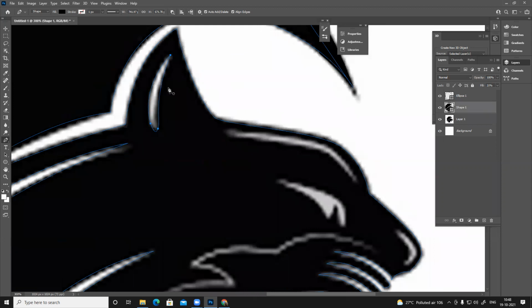A different layer also, you can just simply fill white. Either you can have one layer, cut out everything, keep one selection, or you can have a separate layer with white, fill white.